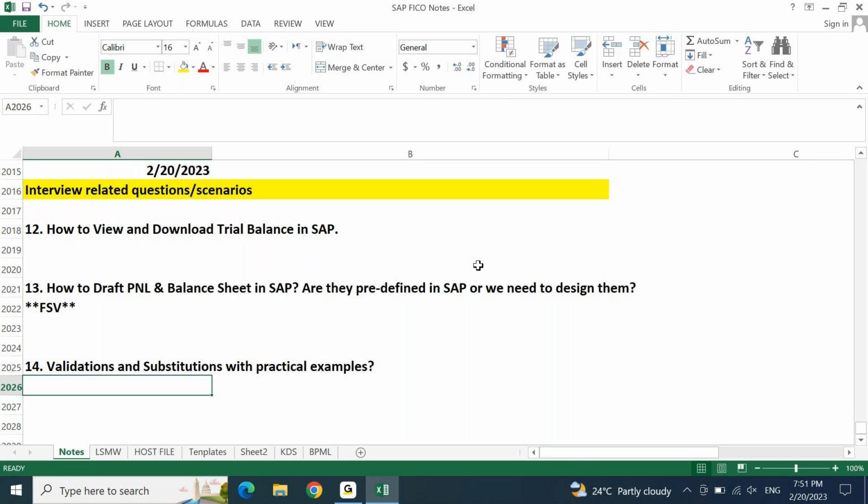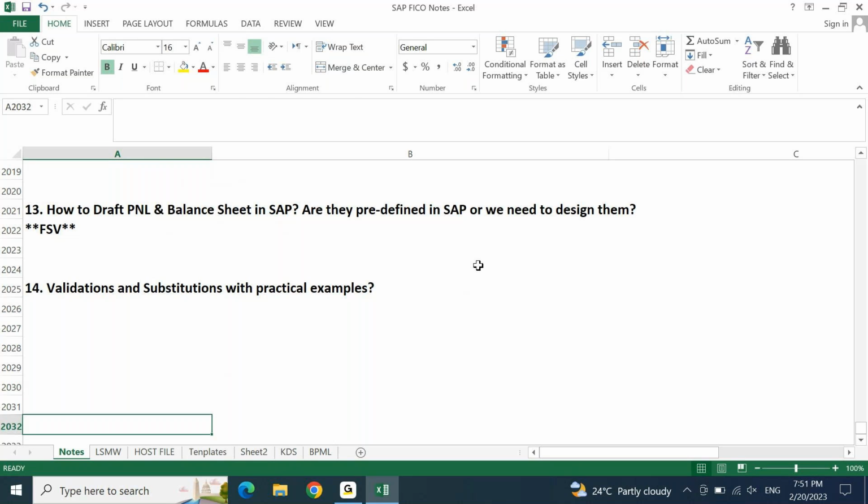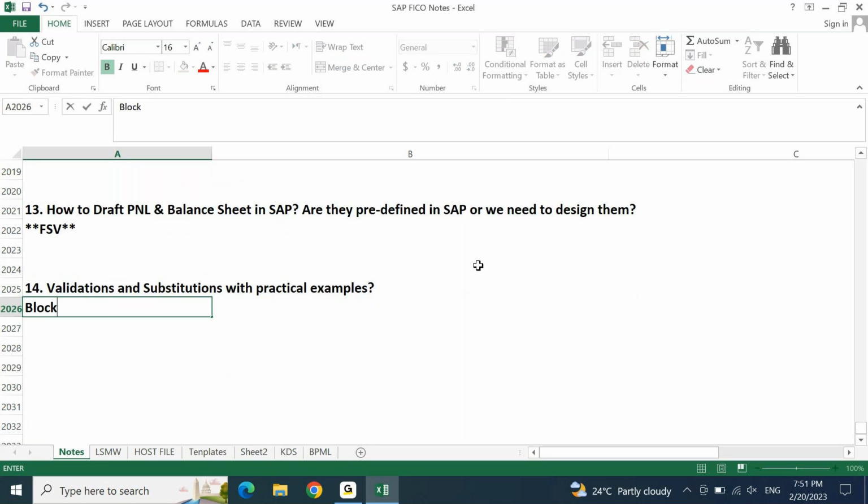Let's say vendor payments above 10,000 through cash, block. Or block GL postings for a particular account. Okay, so block GL postings for a particular account